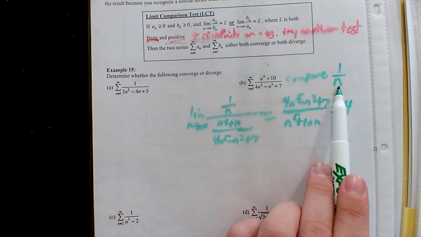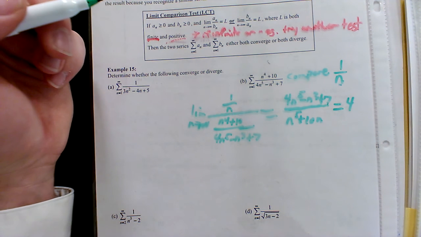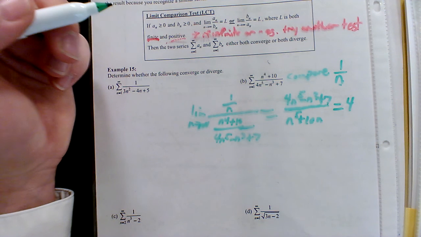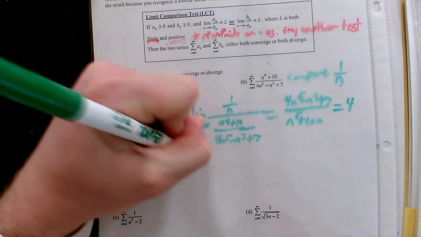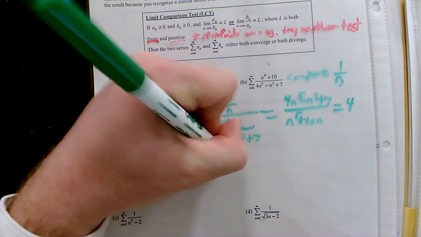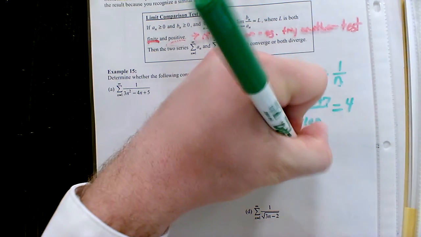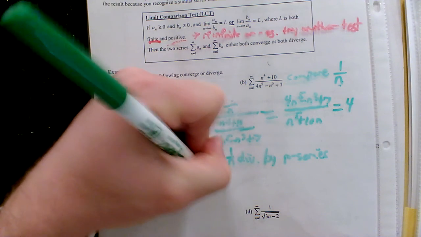So if we look back at what we compared to, it is 1 over n. How can we determine whether that diverges or converges? Okay, and by p series it does what? What's your p equal to? Okay, so what does that tell you? Diverges or converges? Yes, diverges. So since the summation n equals 1 to infinity of 1 over n diverges by p series with p equal to 1,